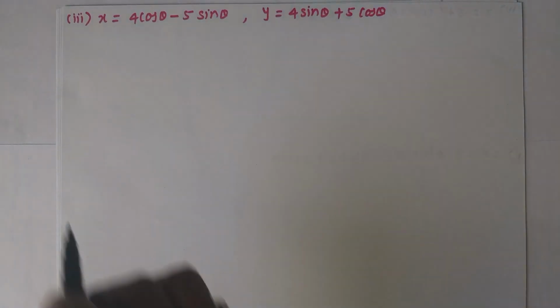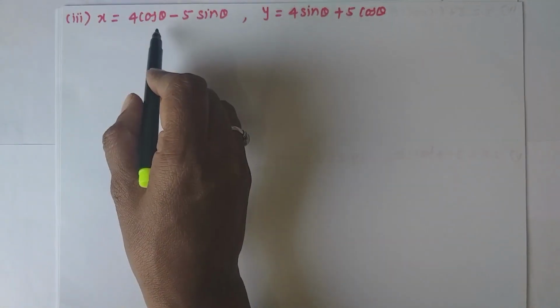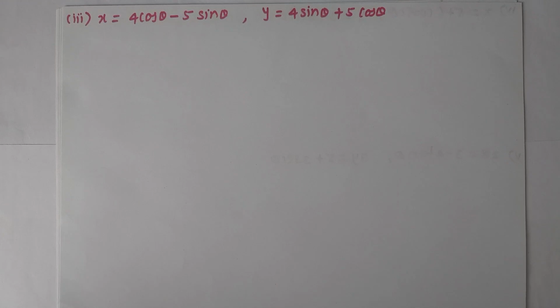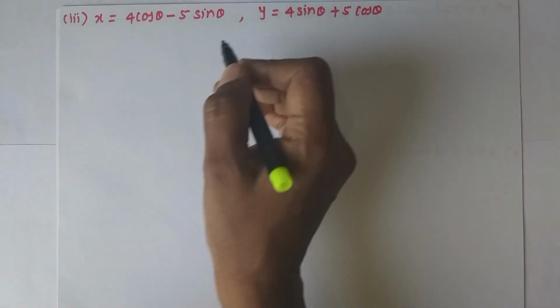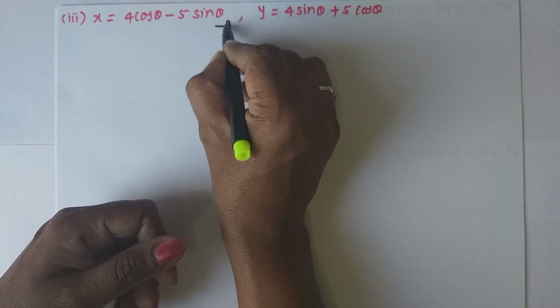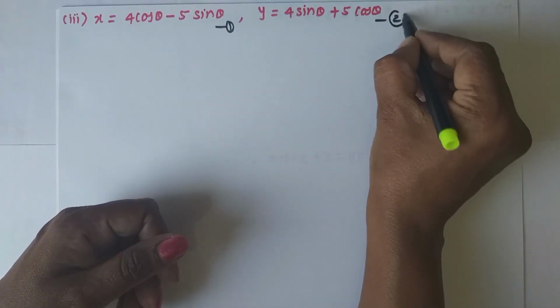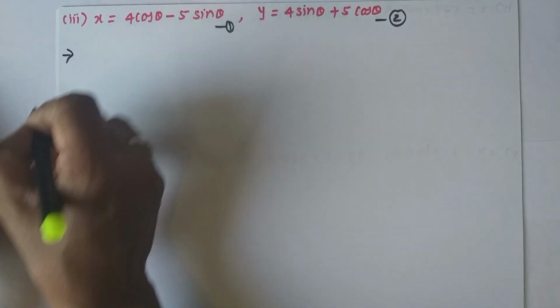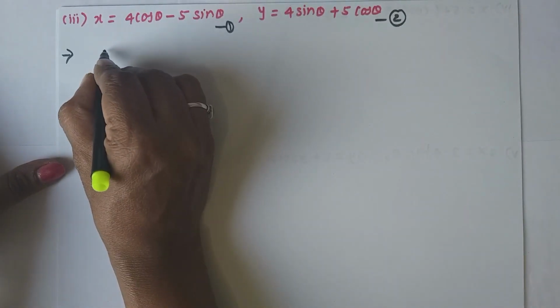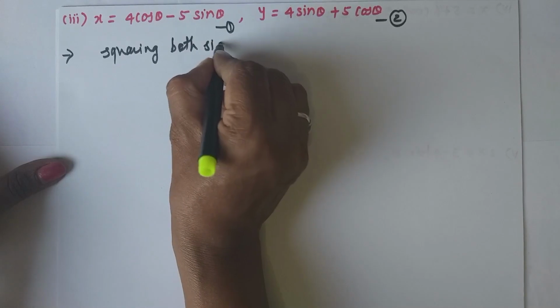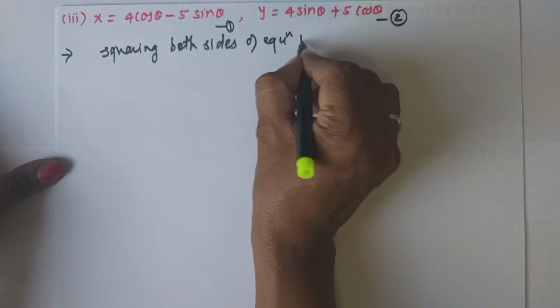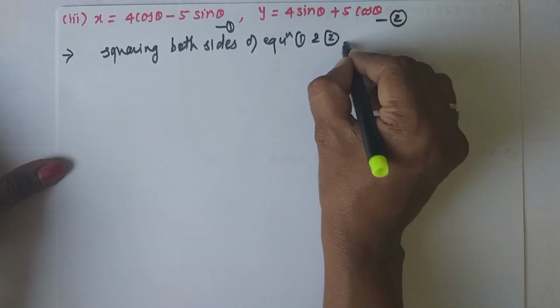Then, third question is x is equal to 4 cos theta minus 5 sin theta, y is equal to 4 sin theta plus 5 cos theta. To eliminate theta from such type of equation, first we will treat this as equation 1 and this as equation 2. Now in the solution, here I will square both the sides of the equations. Squaring both sides of equation 1 and 2 we get,